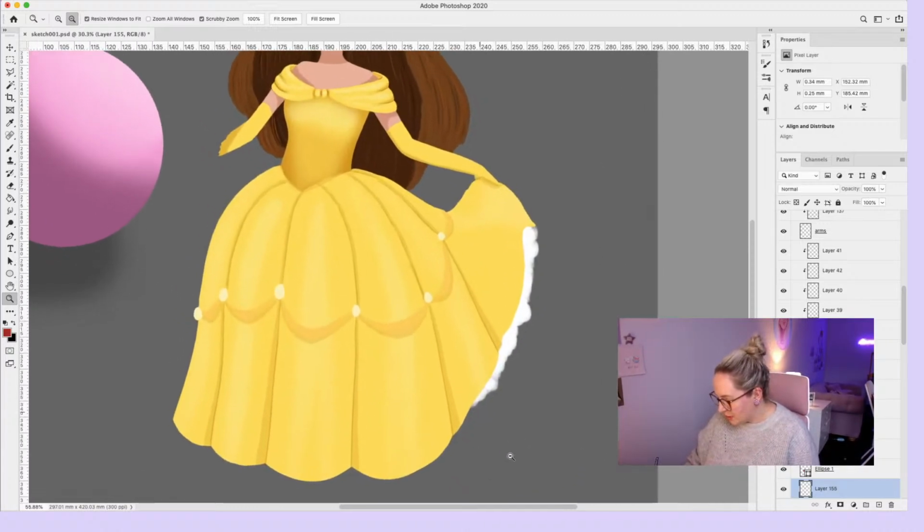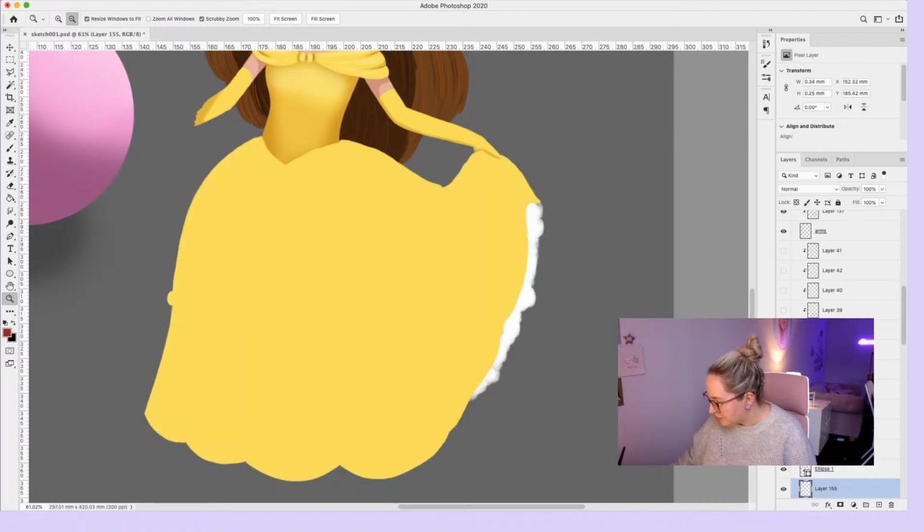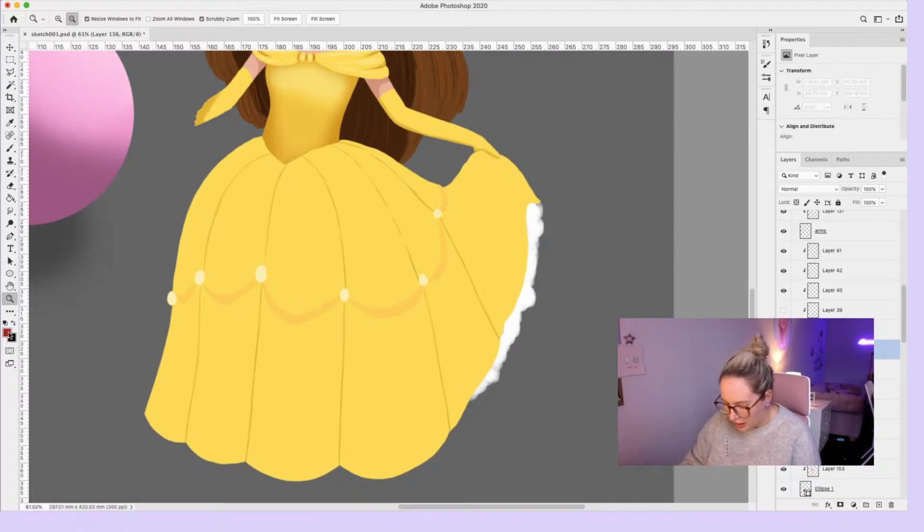But for example, look how I did the skirt a long time ago. I just did a light layer in the middle and then just one line for the shadows. But if I was to do that now, for example, let's keep the lines on. Where's the lines? Let's keep those things. But this time I would